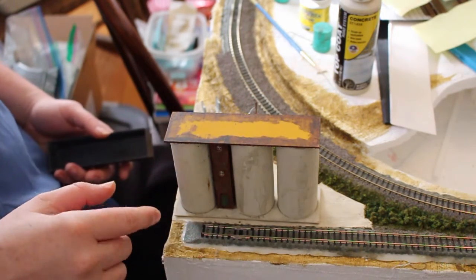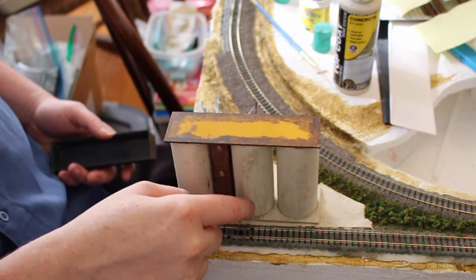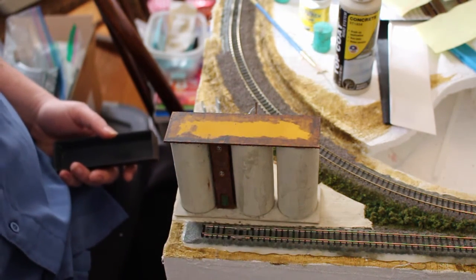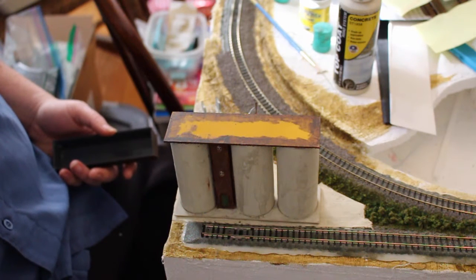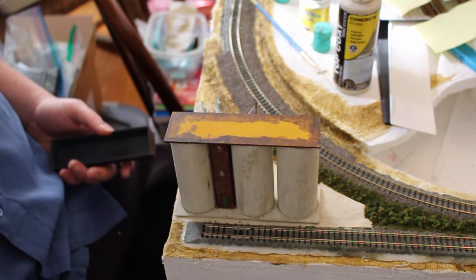I never got the whole kit. I got pieces of the kit. They had coal chutes on each one of these silos. The thing is, I don't have the coal chutes, but I'm going to try to recreate them. I downloaded the PDF for this kit from Walthers